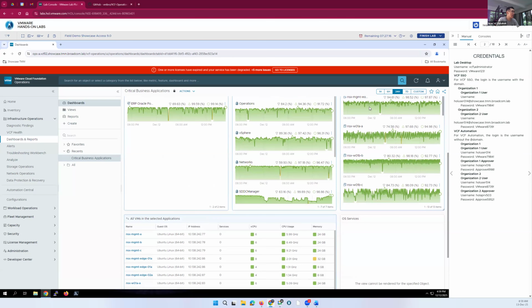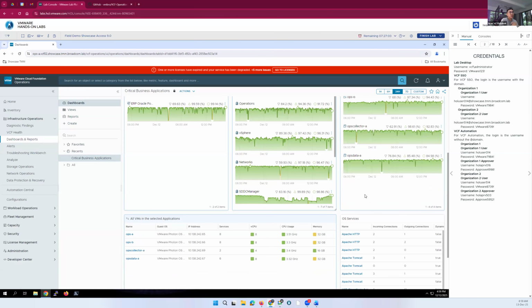If I click any of these, I can see if there are any services running inside there. Let's just click this. I don't know why it's not responding. There you go.